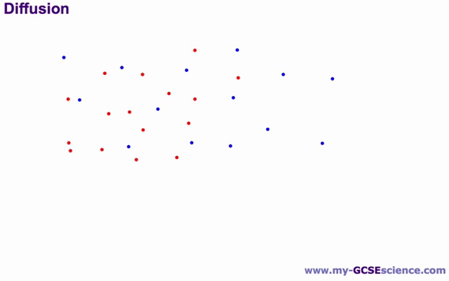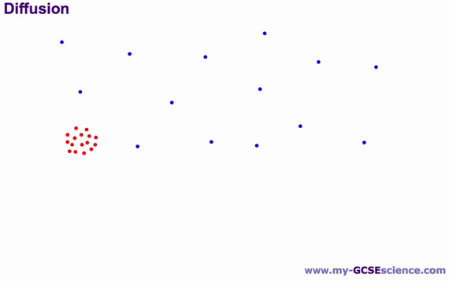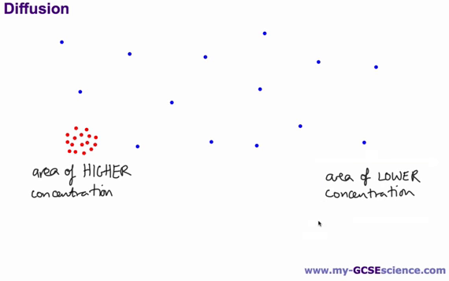The particles spread away from where they were concentrated to where they are less concentrated. So we started off like this, and what we say is we have over here an area of higher concentration of the particles. So all the particles are very closely, tightly packed together, and over here we have an area of lower concentration. So what happens is, as we just saw, the particles move from the higher concentration to the lower concentration. We say there is a net